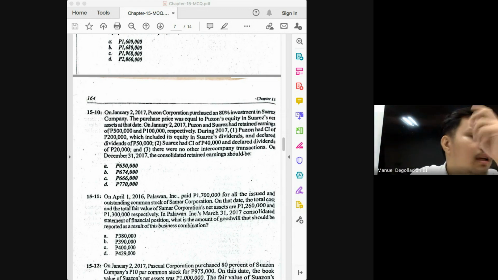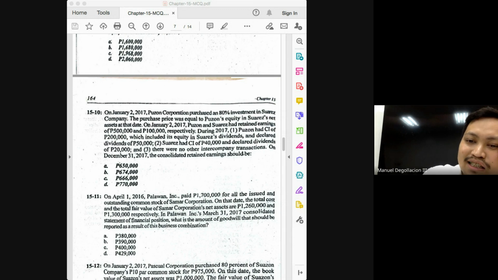Next question. Dividend income of the parent. Dividend income of the parent is 16,000. Next question. Income of the parent from its own operations, 184,000. Next question. Share of the NCI in the income of the subsidiary, 8,000. Next question. Consolidated income under the entity approach, 224. Next question. Consolidated income under the parent approach, or income attributable to the parent, 216,000. Next question. Ending retained earnings of the consolidated entity, 666,000.